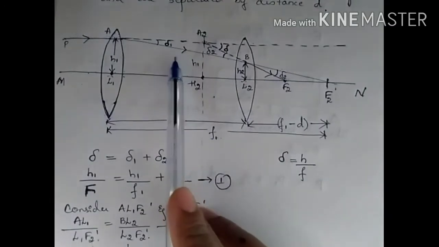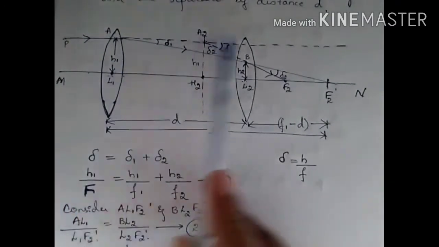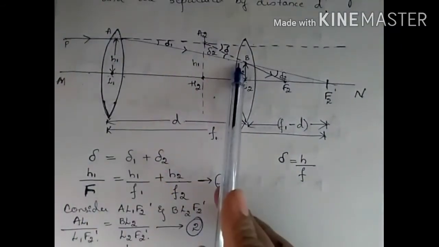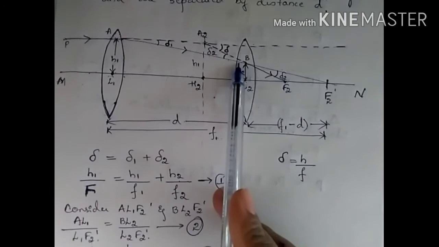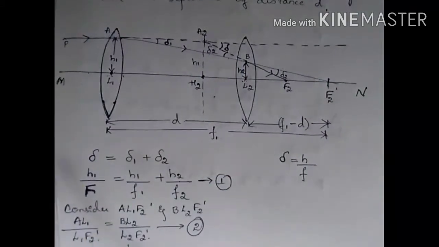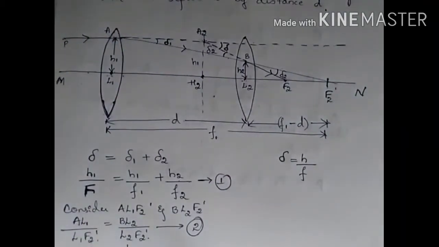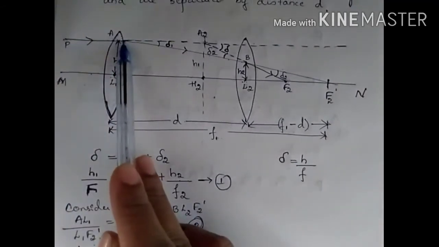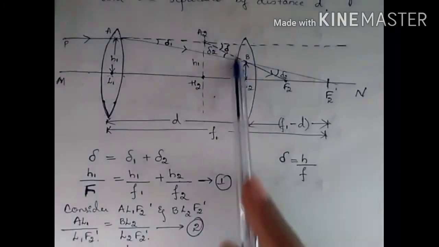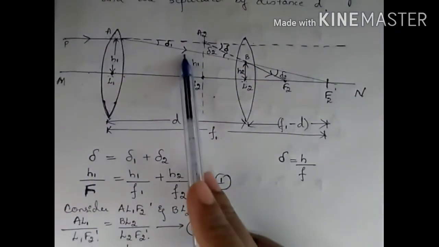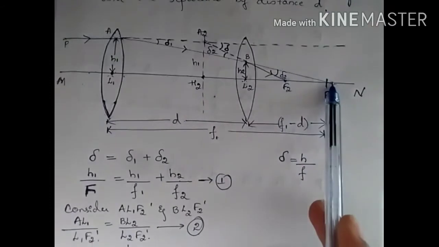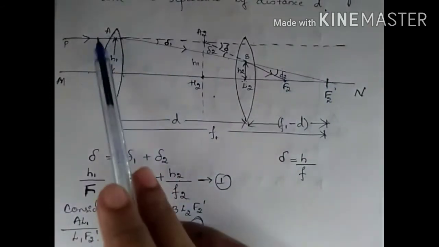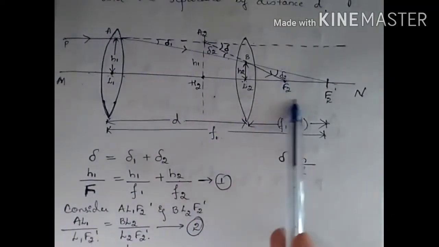So here we have two different mediums. The medium on either side of the lens is air, and between these two lenses we have the medium which has the refractive index n. So now what will happen? This incident ray will travel in an air medium and fall on the lens 2 by traveling the distance d by n and falls at f2. So this incident ray will form an image at f2.